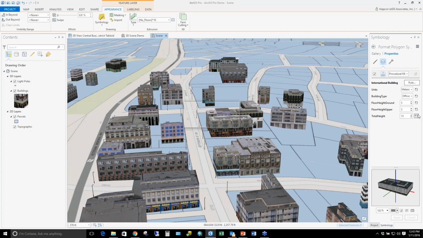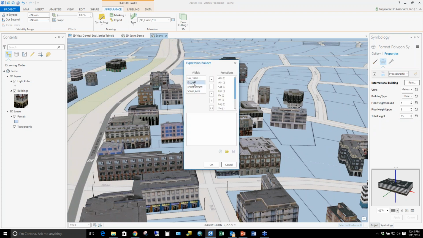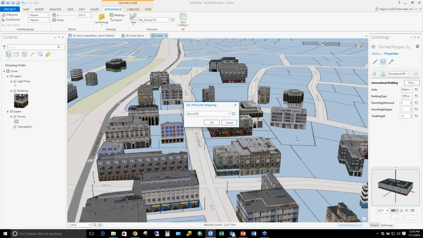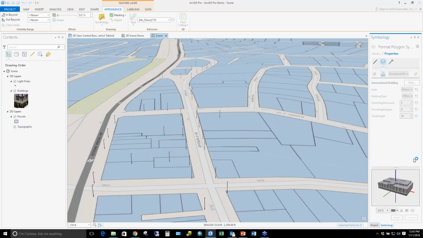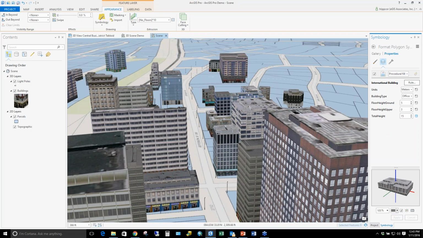I can set the height again to be based on a field. And I'm not sure what kind of units that's being pulled from because it's all set up in the